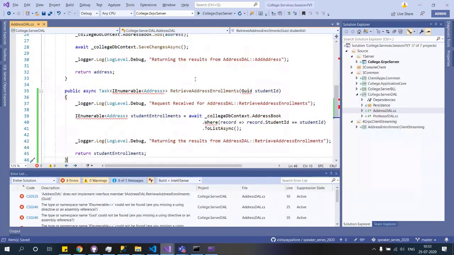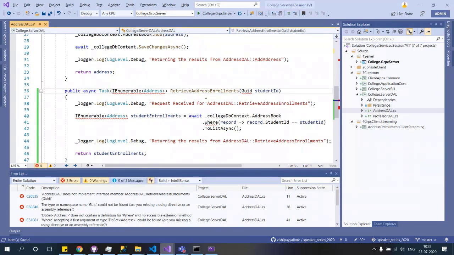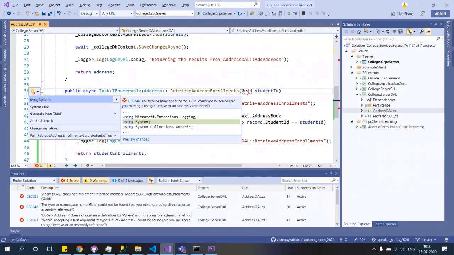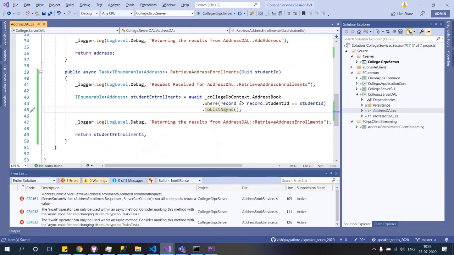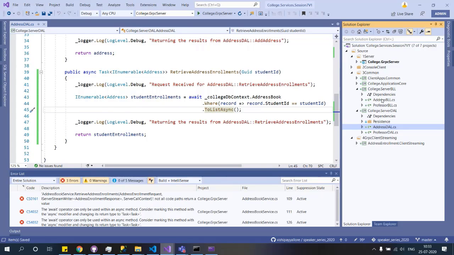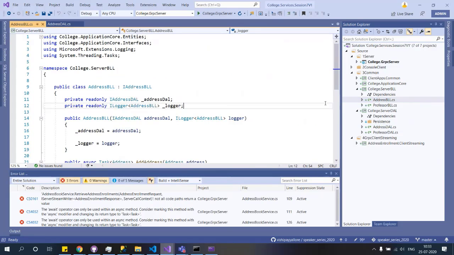Okay. Address DAL. Let's grab these nuggets. Sorry, using. And where? Okay. I think that should be cool. That's done. And let's go to this address BLL.